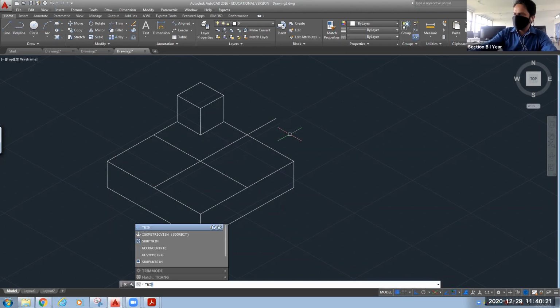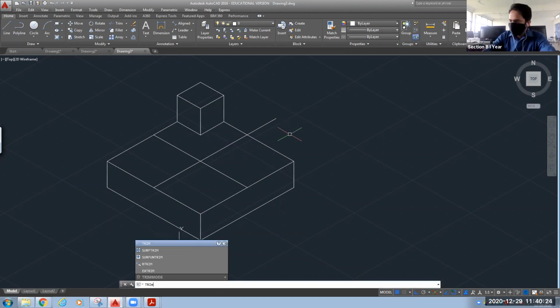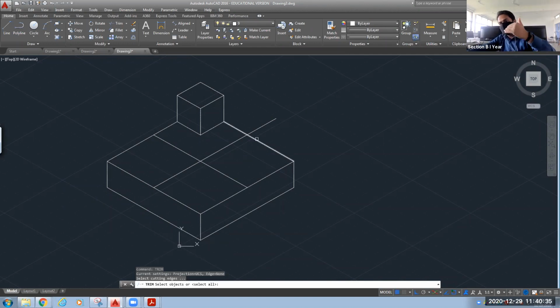See, there are 2 ways to use the trim command. I type trim and I can press the enter key only once. Okay, then it is asking to select the base object. Then I have to specify the boundary line beyond which I want to delete. So I have specified this as the boundary line. Again, you have to press enter and you can cut the extra part. This is one way. Another way, I will go for Control Z, undo, so as to show you how to draw that line. Control Z.